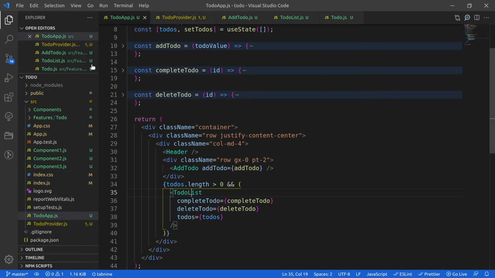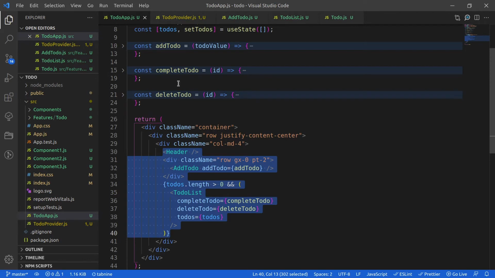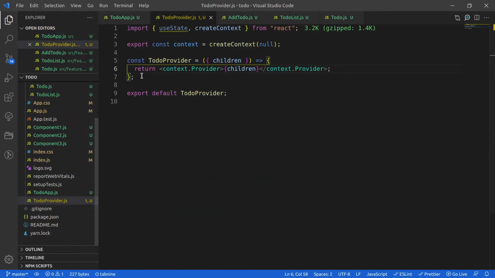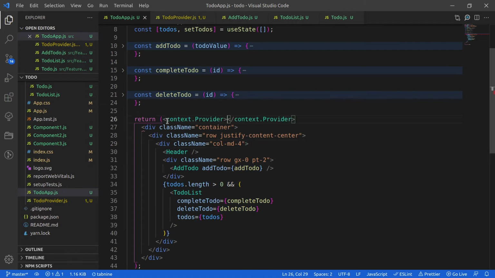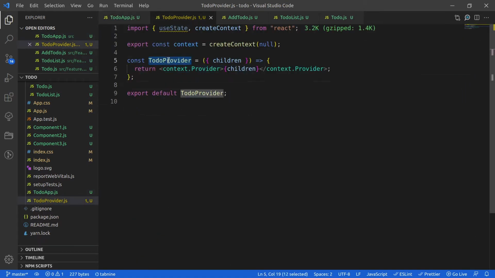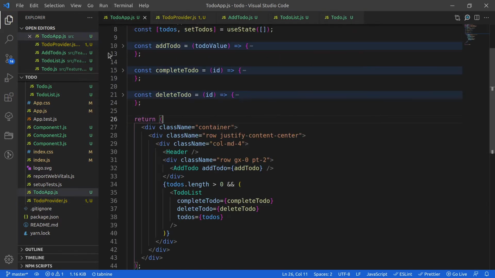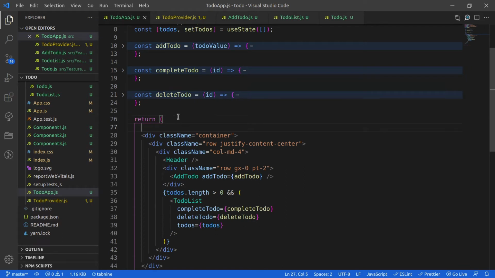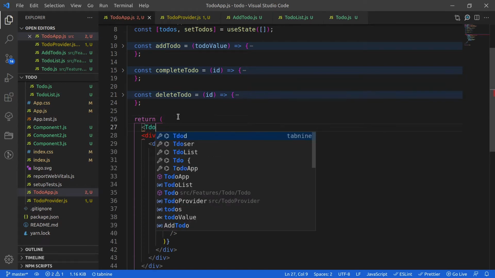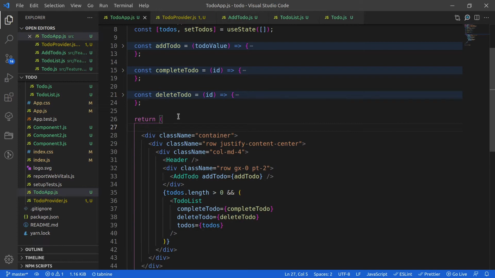Instead of wrapping my component like this, where I will actually be writing this context.provider over here, what I have done is created a to-do provider component. I feel that it is the cleanest way of using the providers, right? So let's use these providers in our application. So what I will do is call the to-do provider. Let me first import it.